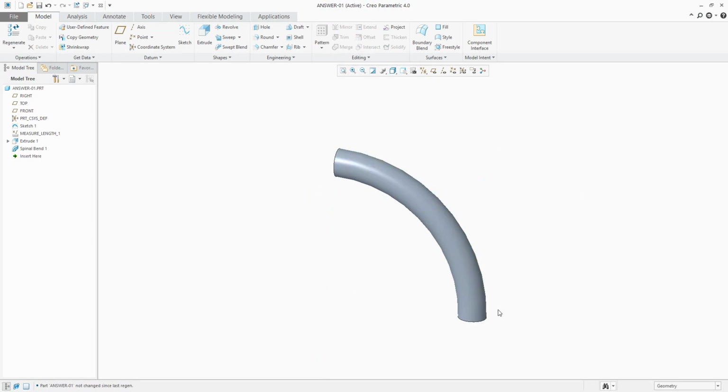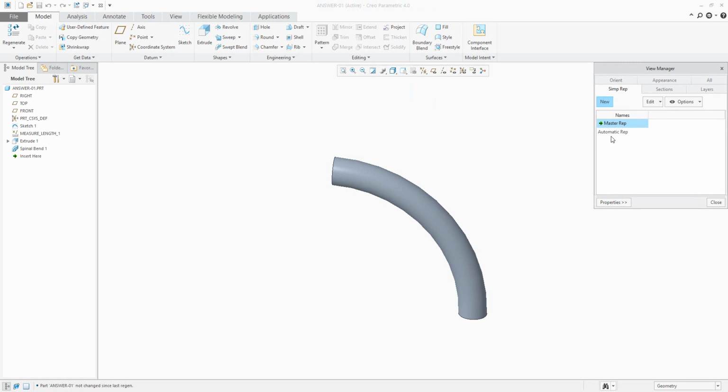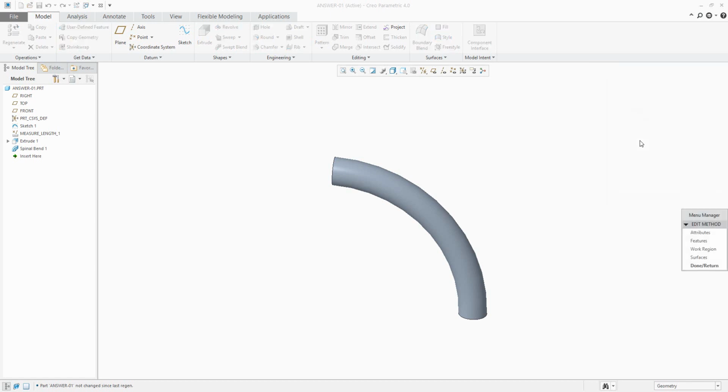The question was how we can unbend this elbow. Over here, if you select View Manager, it's possible to create a simplified representation based on the 3D model and features. So I'd like to create a new one, and it will be representation 1. So select the name, and I would like to work with feature. So if I select the feature and I'd like to